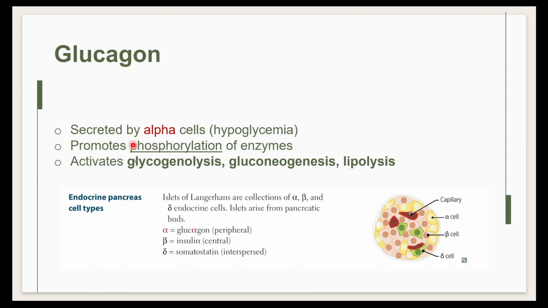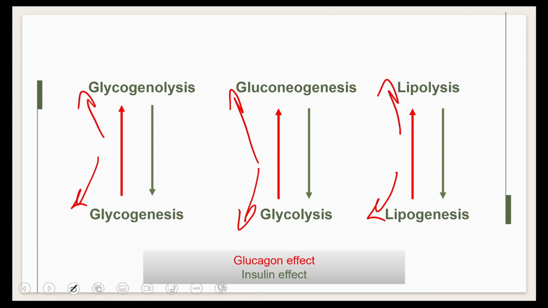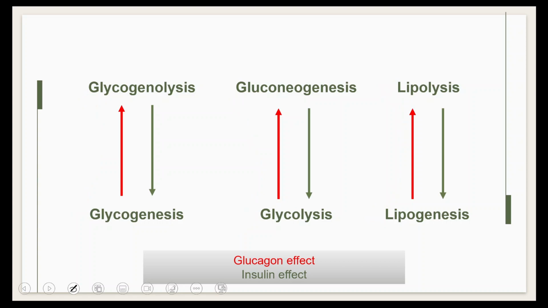It promotes phosphorylation of enzymes by the protein kinase A enzyme, and it will work to increase the glucose in the blood either by breaking down the storage forms or by synthesis of new glucose molecules. So now we have glucose that is being either degraded or synthesized, converted to its storage forms, or the storage forms being degraded to produce glucose. And by now we can understand that the conversion of glucose into any other molecules is stimulated by insulin, because insulin is activated in cases of high blood glucose levels,